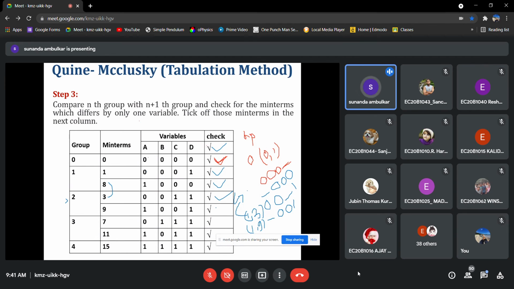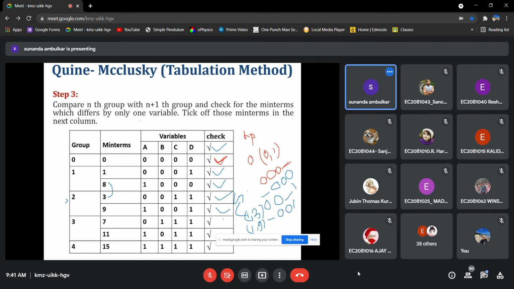Why are we putting this sign here? Because if you don't put this sign, it indicates that that particular minterm has not been checked, so that will form the prime implicant. So we will use that unchecked member of that group as the prime implicant.